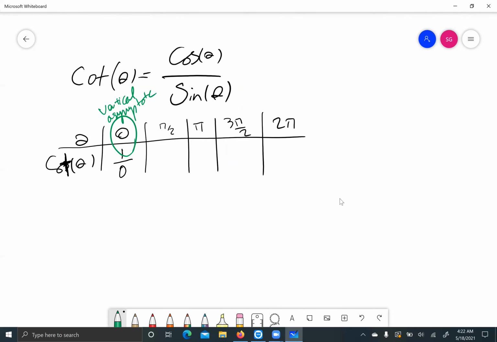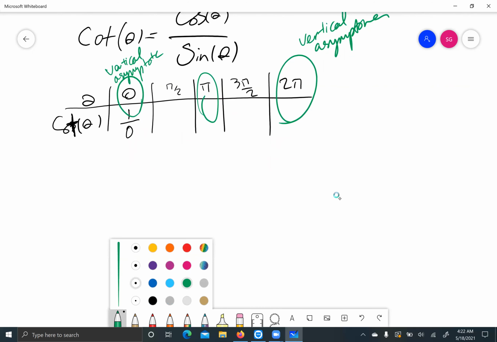Sorry, this is because this is over 0. Sine is 0 at this and this one. These are the vertical asymptotes. So the domain is everything except these vertical asymptotes. And if we want to draw the graph,